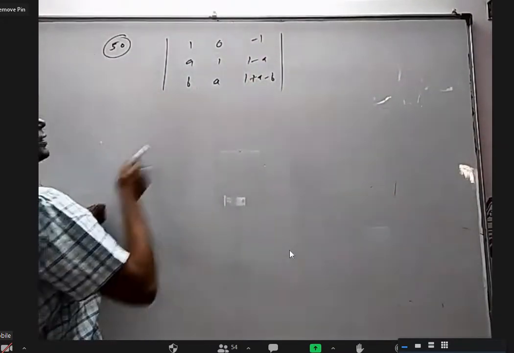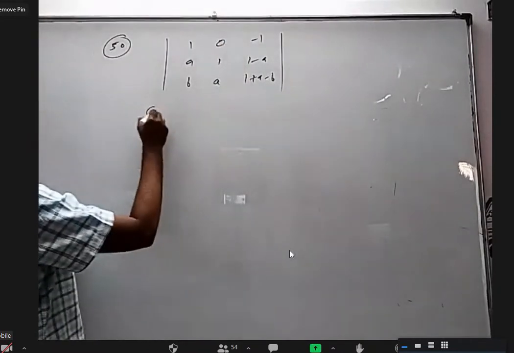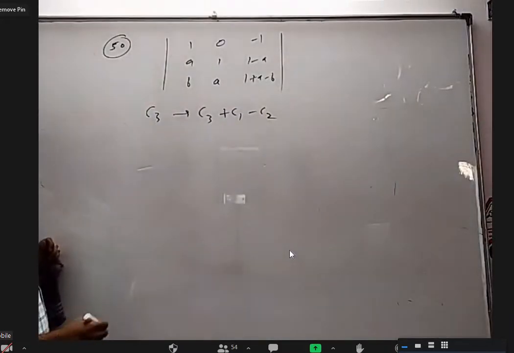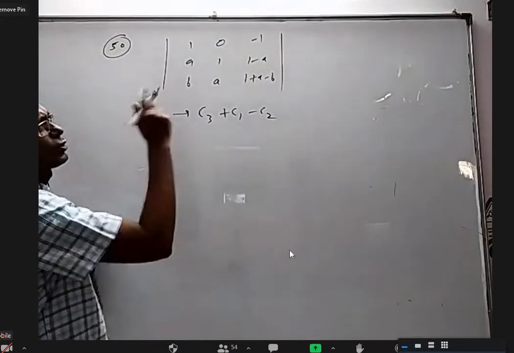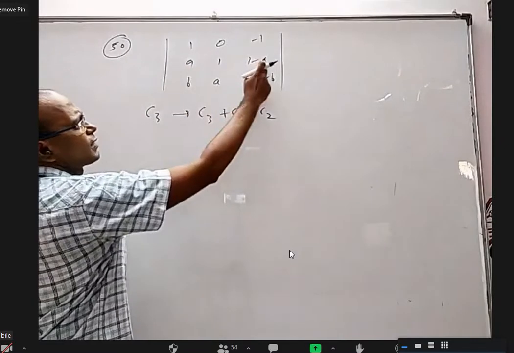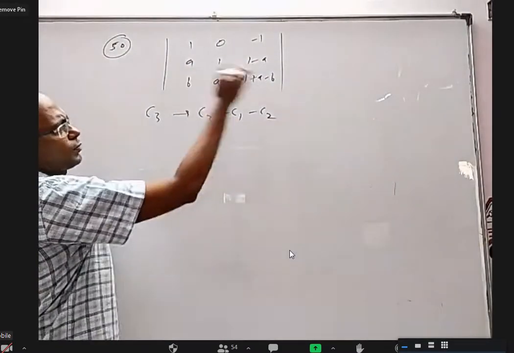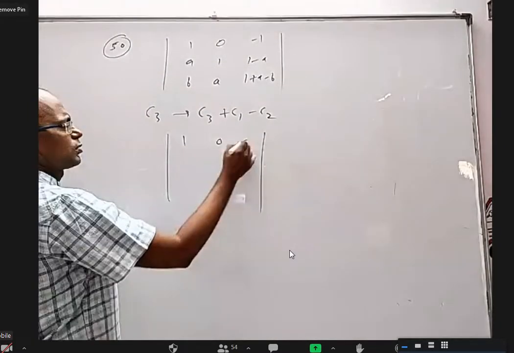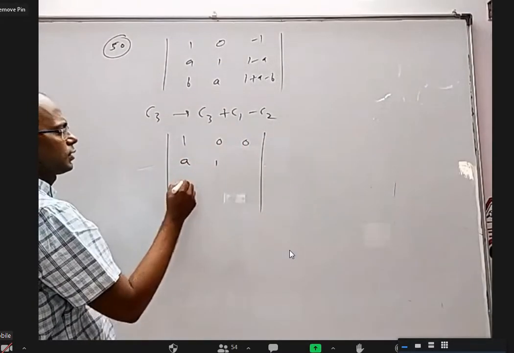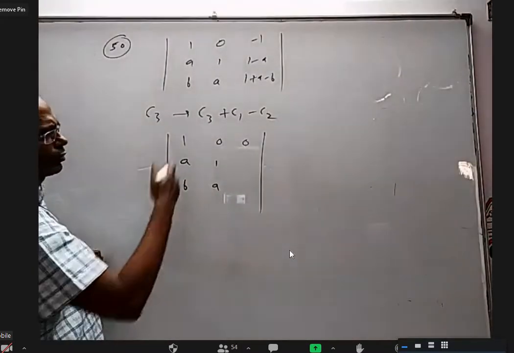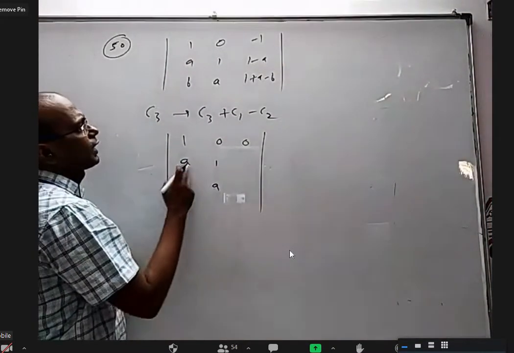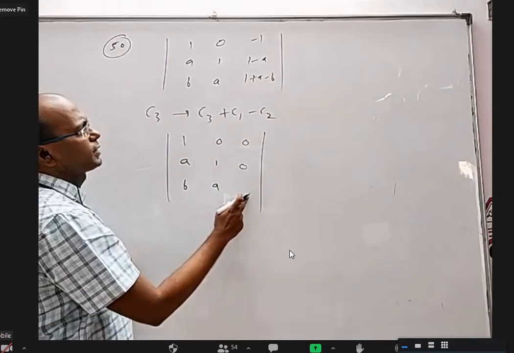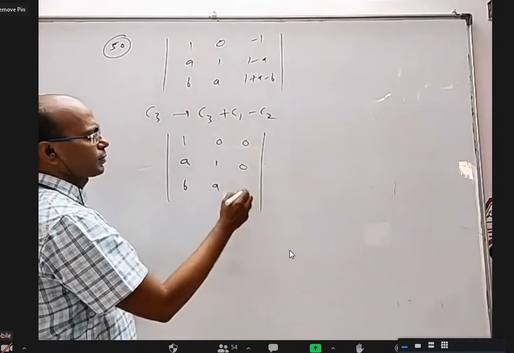I'm also going to subtract this. So what I'm going to do is column 3 as column 3, add column 1 and subtract column 2. Why am I adding column 1? For two reasons. One is this becomes 0, one is this A will go, one is this B will go. When I'm removing column 2, this one and this will go. So when I do this, I'll get 1 0 0, A here, 1 here, B here, A here. I'm not changing column 1 and column 2, I'm only changing column 3. When I add this, it will become 1, and when I remove this, it will become 0. Next, here B is gone by adding, A is gone by subtracting, I'll get 1.